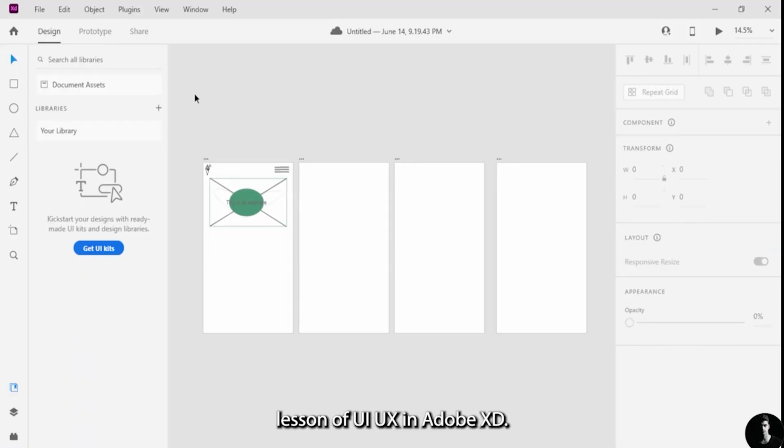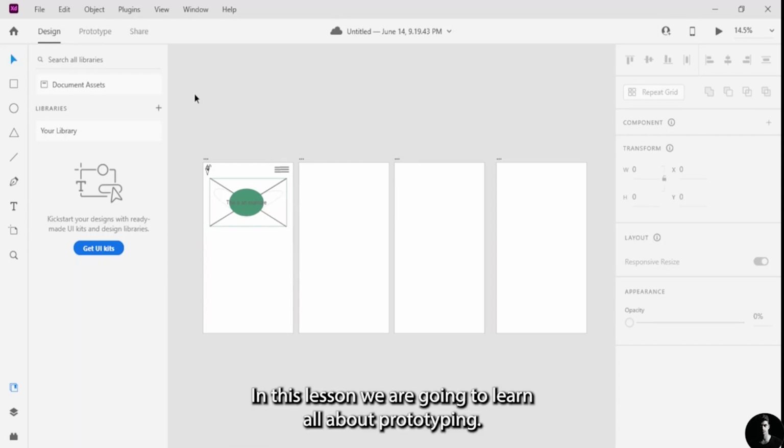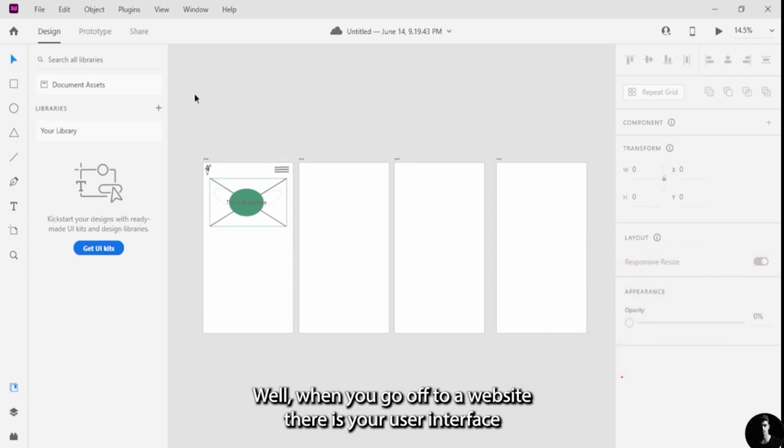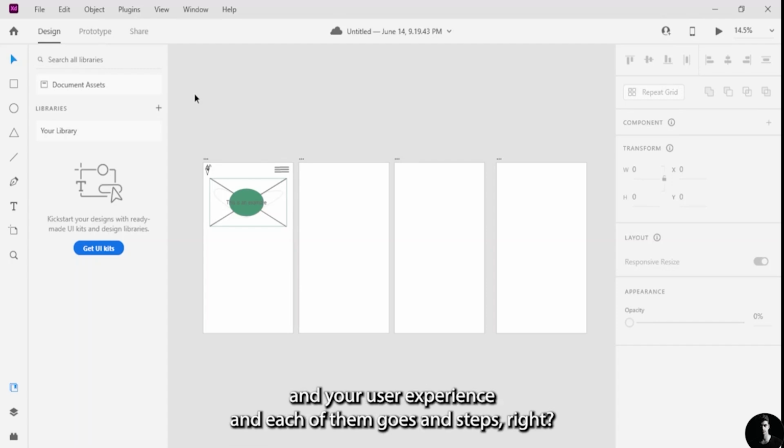Welcome back to our lesson of UI UX in Adobe XD. In this lesson, we are going to learn all about prototyping. Well, what is prototyping? When you go to a website, there is your user interface and your user